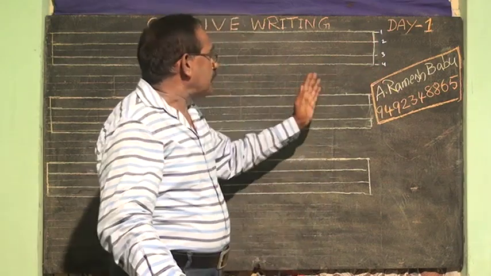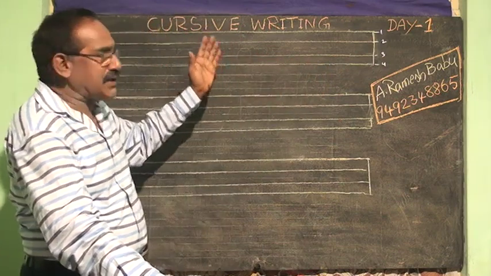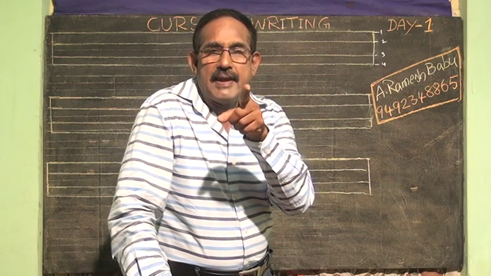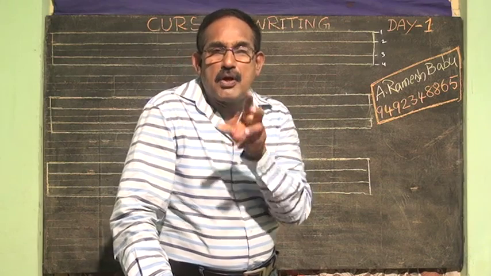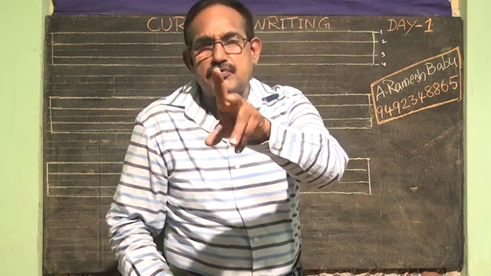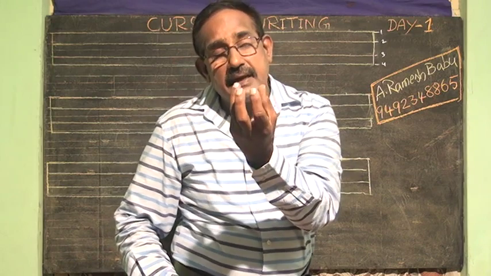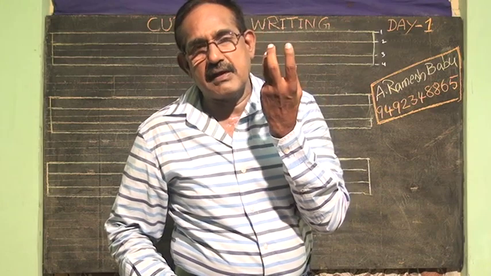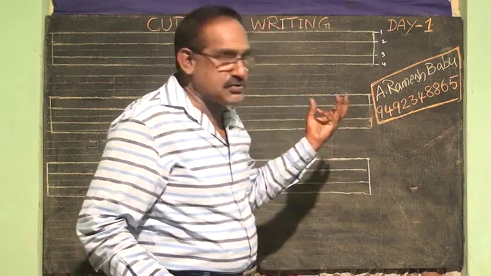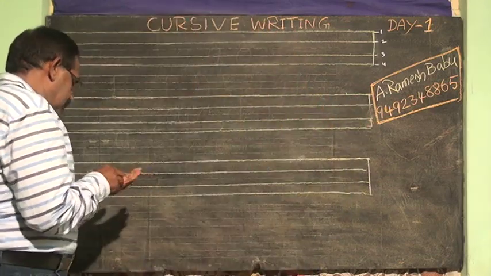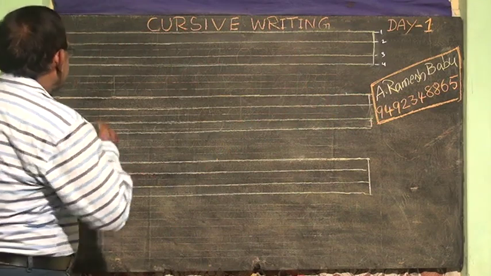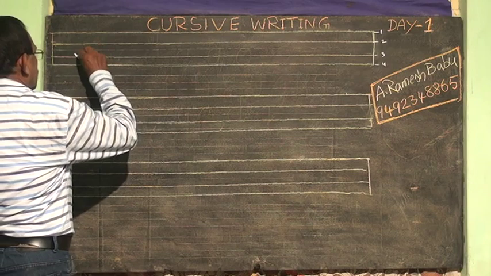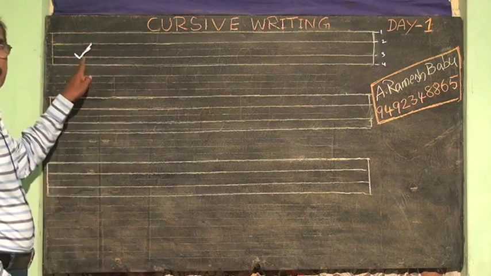Here you see now, you should learn the alphabet not in alphabetical order. That is the one way you learn very easily. First you should learn the semicircle and the full circle letters. What are the semicircle and the full circle letters? I will show you now. First you start with this, which all of you know very well, the right mark or the tick mark.